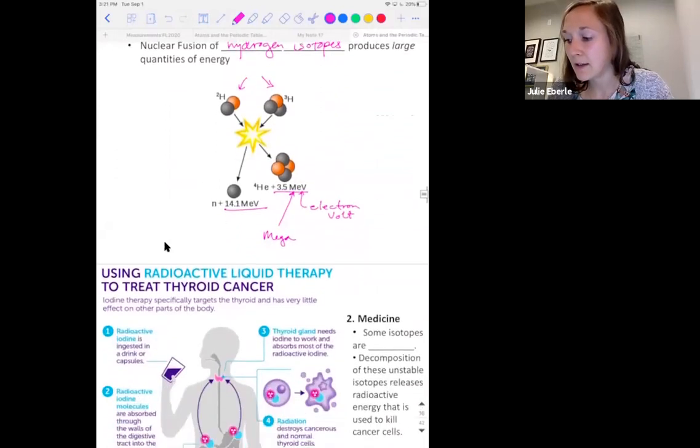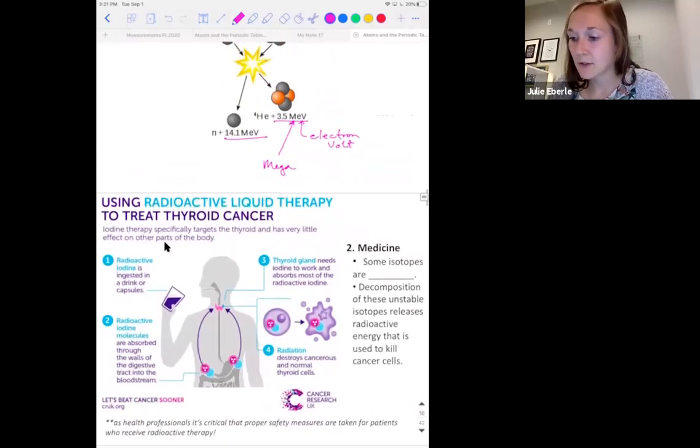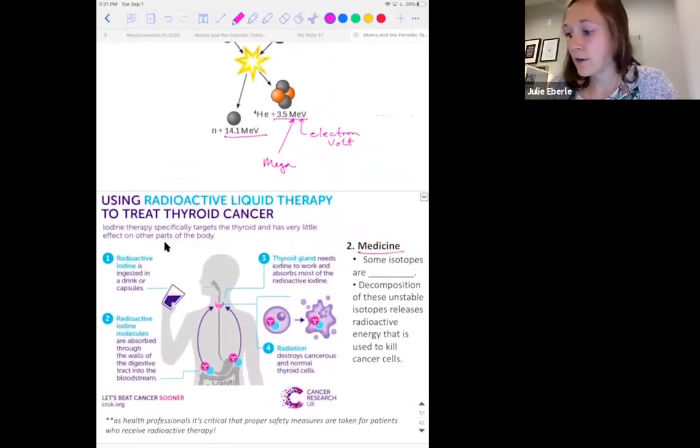Another reason we care about it, and again, this is because of isotopes, is from the standpoint of medicine, these are useful a lot of ways. I'm going to give you one example. There's more reasons than this, but I'm going to give you one example. Some isotopes we have discovered are what we call unstable, meaning they decompose randomly, rapidly. They're not stable. Now, obviously, we don't want those kinds of cells in our body, but there are times and places we can use those kinds of atoms to do good things in our body when we have bad things in our body. So, for example,